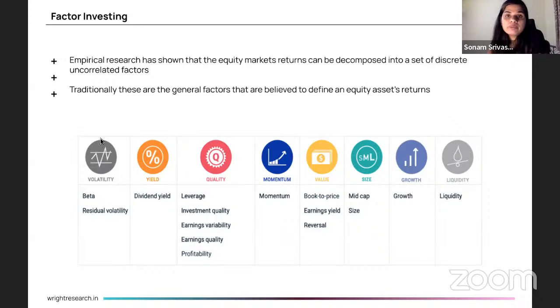What low volatility means is that any stock that is showing lower volatility than the market will do better in the long run. जिस भी स्टॉक में कम वॉलेटिलिटी है वो अच्छा परफॉर्म करेगा. और ये एक फैक्टर होता है. और वॉलेटिलिटी को आप कैसे डिफाइन करेंगे? वॉलेटिलिटी ऑफ स्टैंडर्ड डेविएशन होती है जो मार्केट की जो अप एंड डाउन मूव है उसका क्या मैग्नीट्यूड है, उससे आप डिफाइन कर सकते हैं.